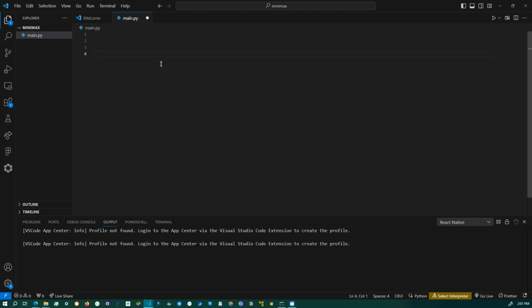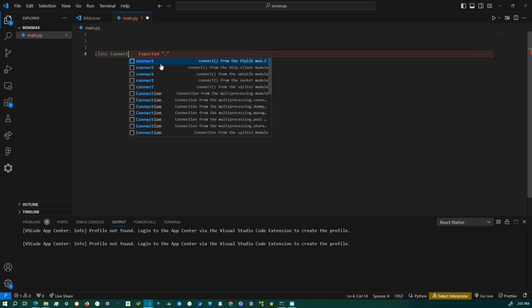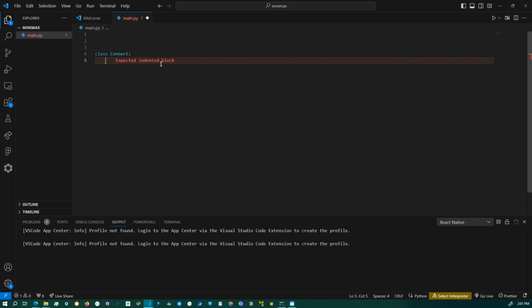When we want to code Connect 4, the first thing we can start with is the class Connect, and we'll get to Minimax later. But the first thing we want to do is code the Connect 4. So we can start with Connect 4 if you want, and we can initialize